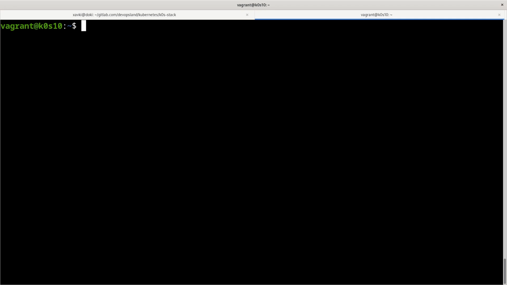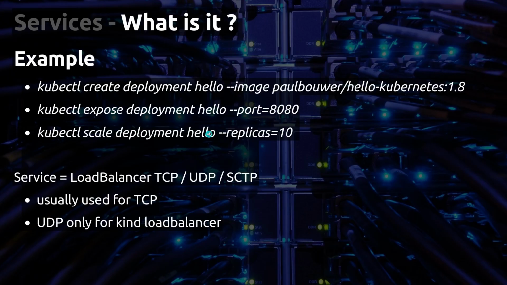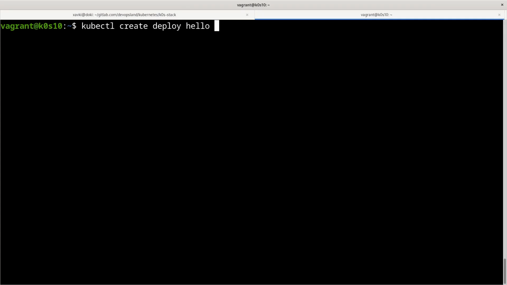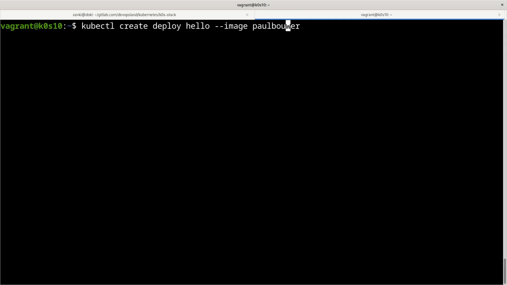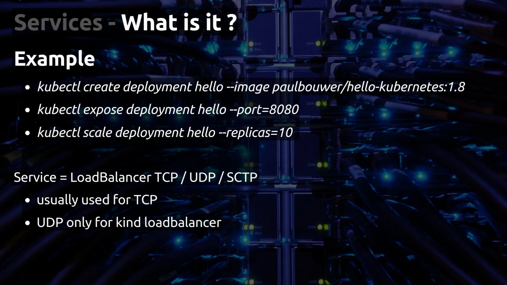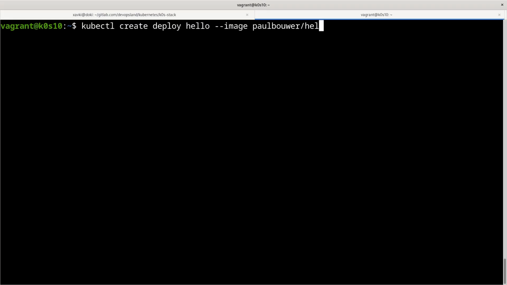And after that, we want to run another deployment. So kubectl create deploy, and the name of this deployment is hello, with --image, and the image location is Paul Bauer, sorry, slash hello-kubernetes, and the tag is 1.8.